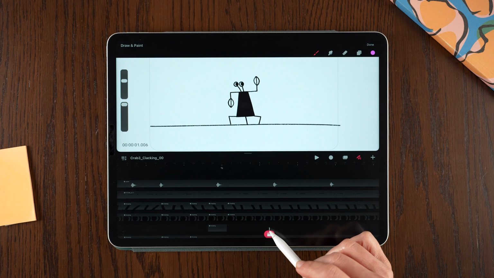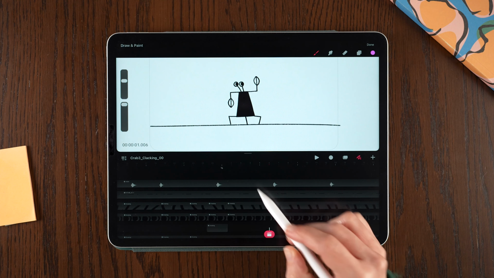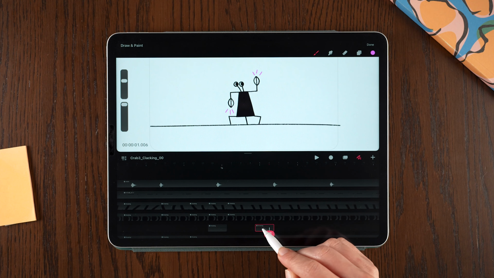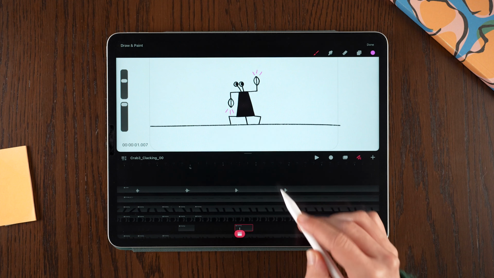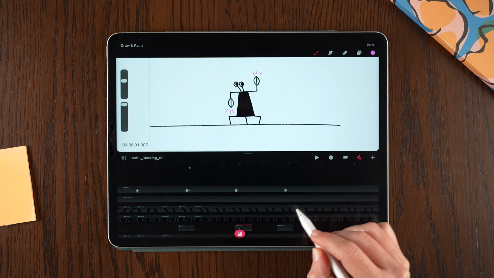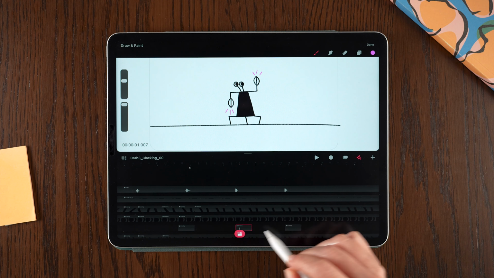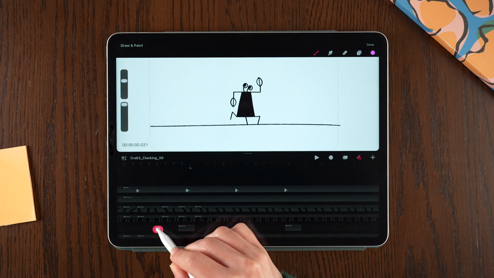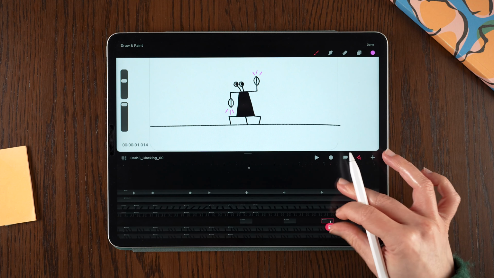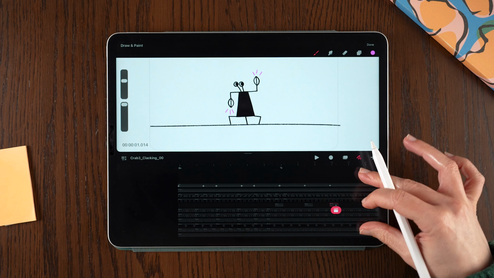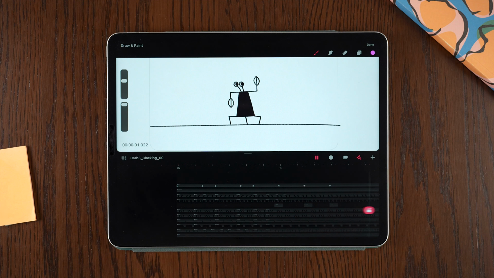Then let's go to the second one and copy and paste the lines we drew. And then let's do the same thing for the third beat. Let's play it. So this is a technique to mark the beat if you don't have the option to separate the sound layers.